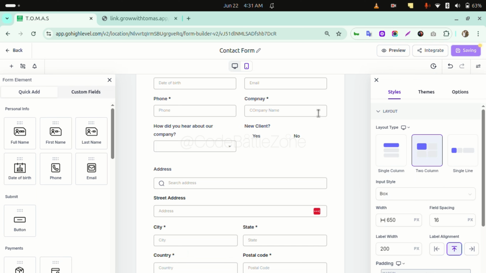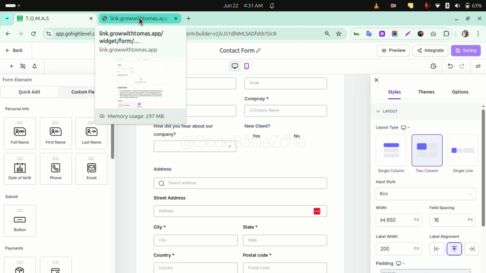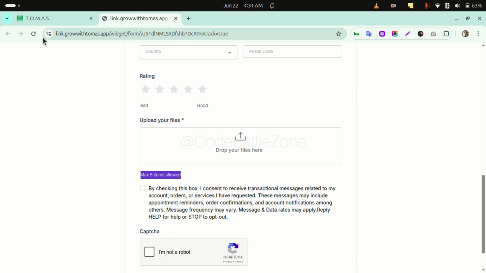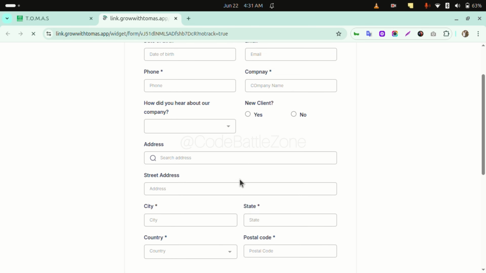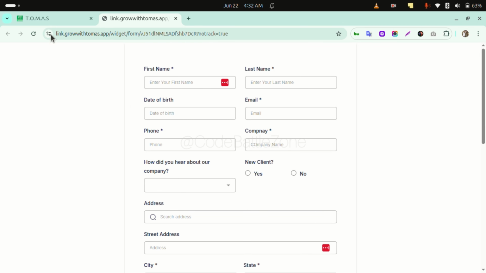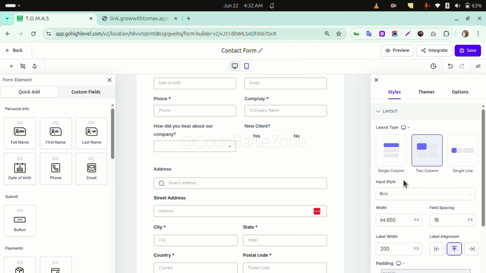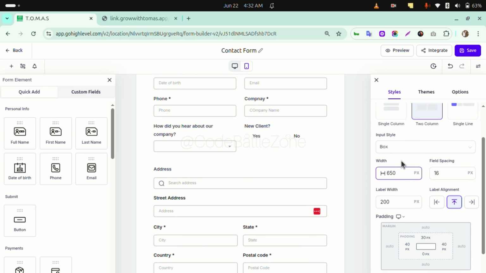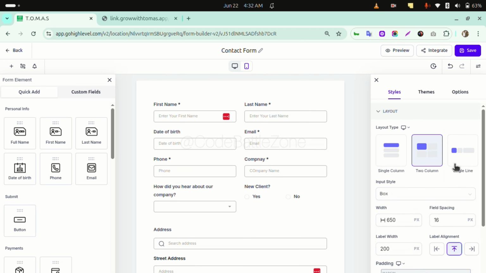Now save the form, and after saving let's reload the preview. See the changes. This way you can change the style of the form. There are many options to style the form, however you want. Let's use the third option,